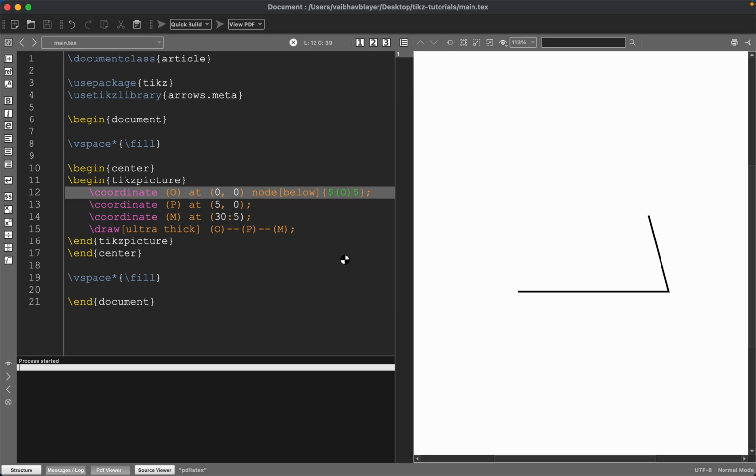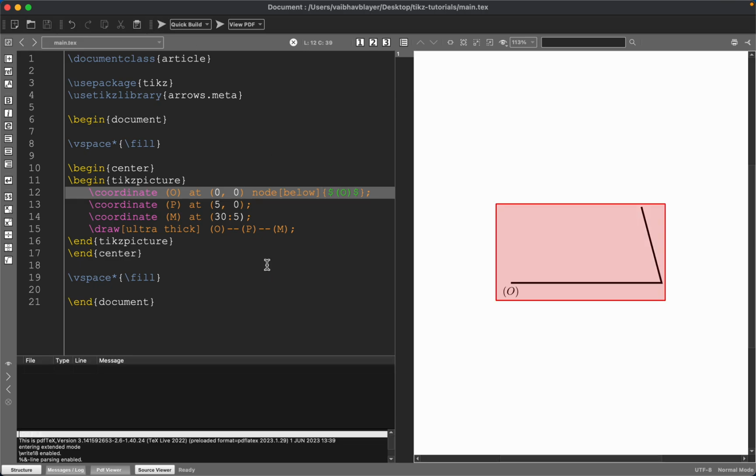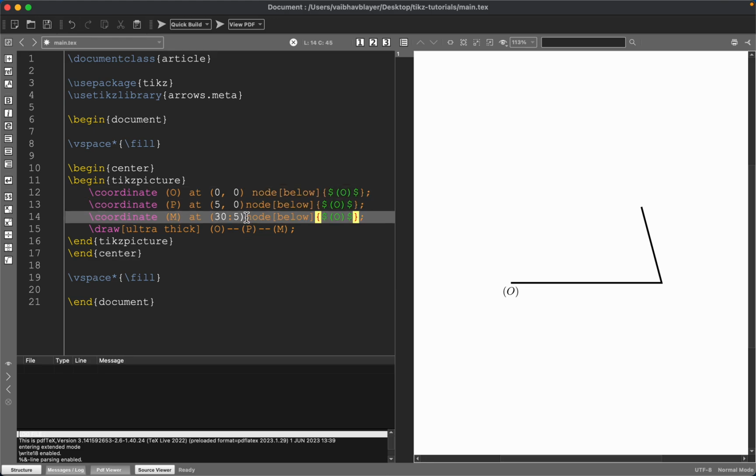If you run this, there is a node called O below the point O, and you can do this for every single coordinate. It needs to be spaced properly, it's just visual preference. So for that, I'm going to say right,